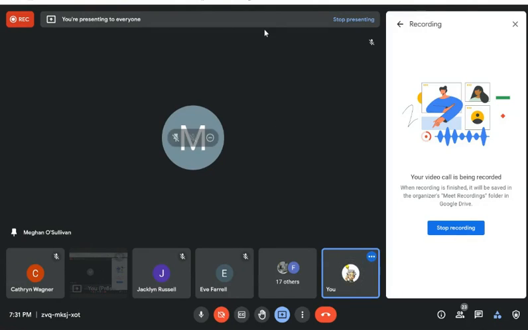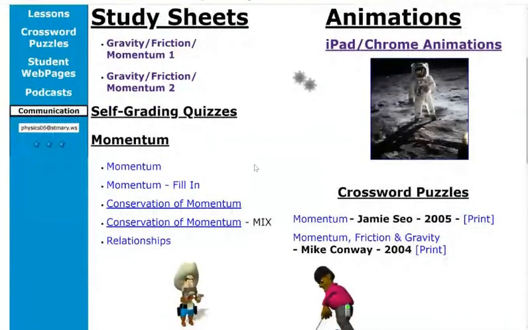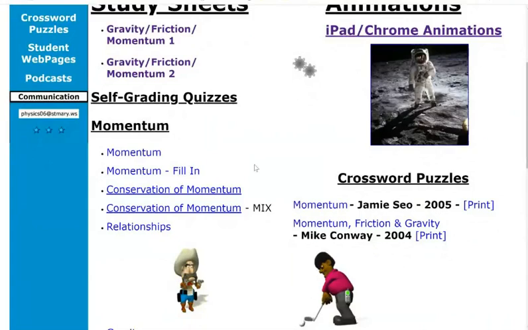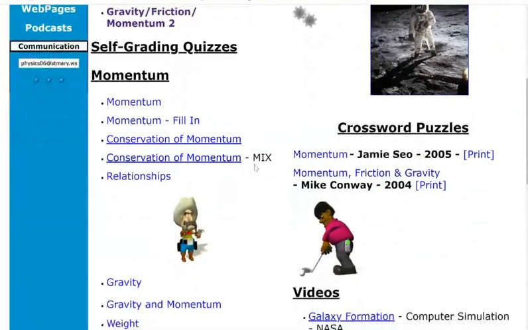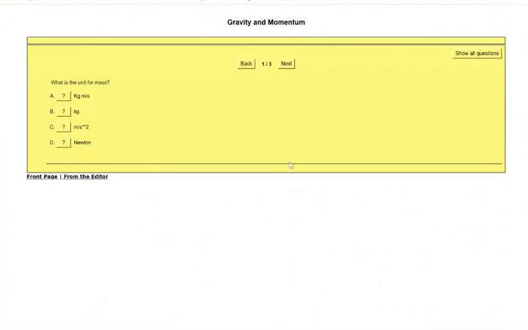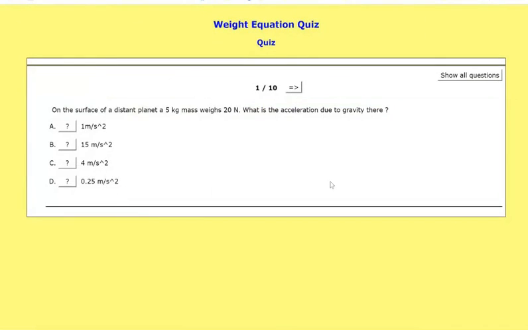Okay. Or is there a particular thing? A lot of people focused on the friction, but there actually isn't very much friction. I would imagine it's three questions. Like I said, I think two to three are super easy. Let's go over gravity and momentum. Let's take a look at this. There's only three, and let me see if there's anything worthwhile. That's not good. Let's see. We did friction one and two. Did we do weight? Yeah, let's do weight because we didn't do it in the extra help.